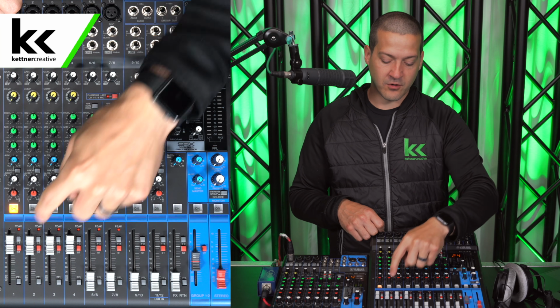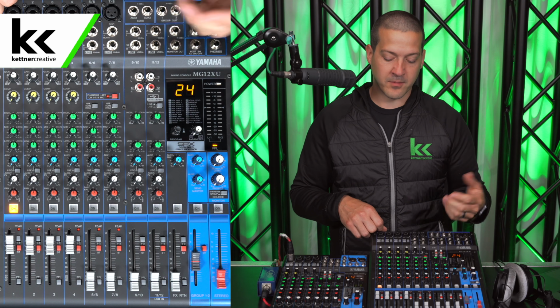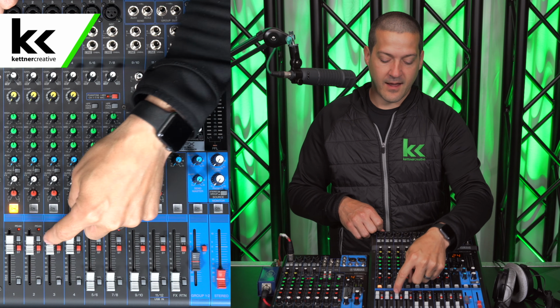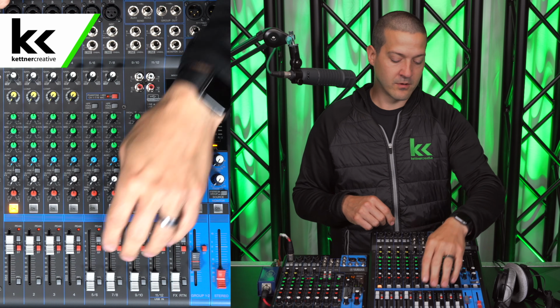A really good example is if you have a whole bunch of mics that are grouped together, I might instead choose to put those into group 1, 2. So a common example of this would be a drum kit. Maybe you have a kick, a snare, a hi-hat, and an overhead drum mic for just like a small kit. I'm not mic'ing the whole kit, or if I do, I can add those as well.